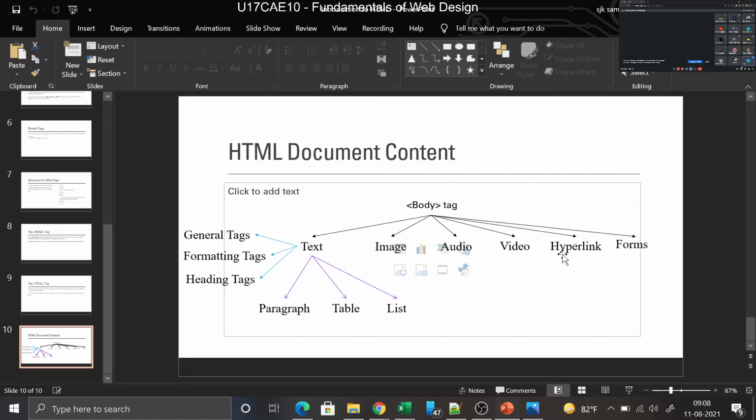Now text, how do you represent text? Anybody? All of you have studied English, I guess. So how do you represent text? What are the basic components of text? Don't think about computer here, think about something else. Then only you will understand computer. Normal text, what does it consist of? Anybody? Letters. Letters, good. Alphabets.